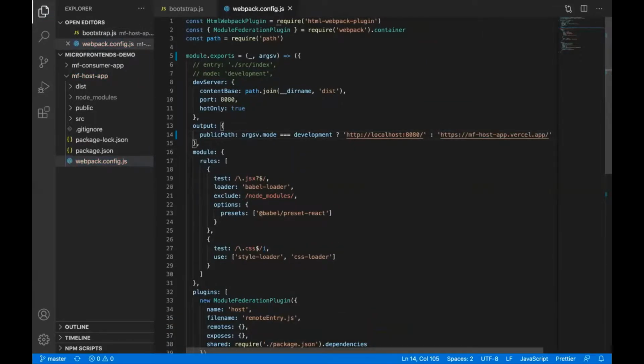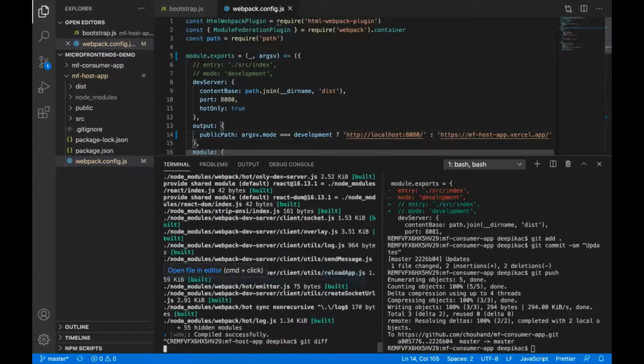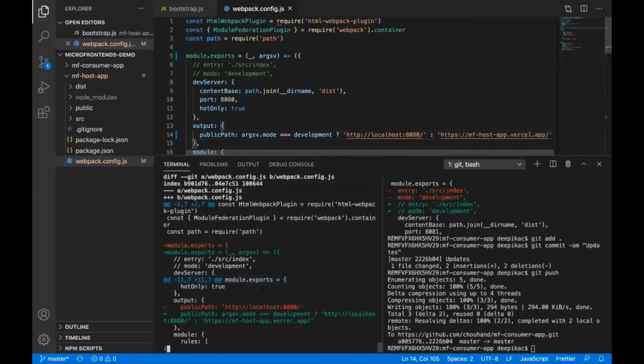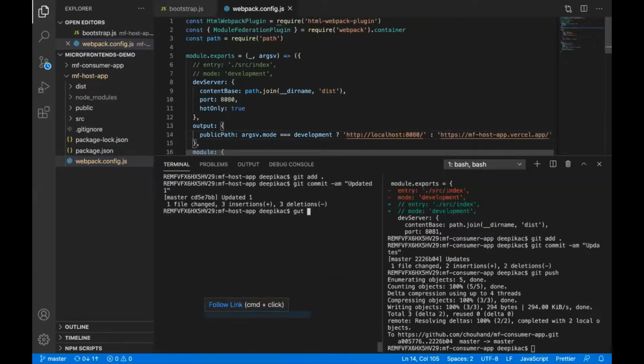Okay, so let's see it again. Git diff, oh, too much diff here. Git add, git commit. Okay, updated one. Git push.